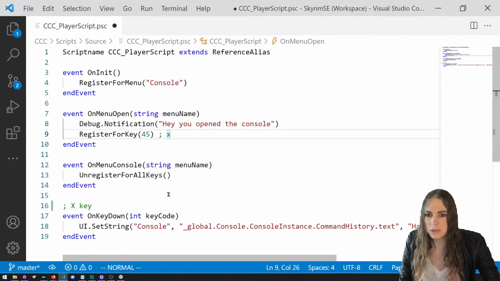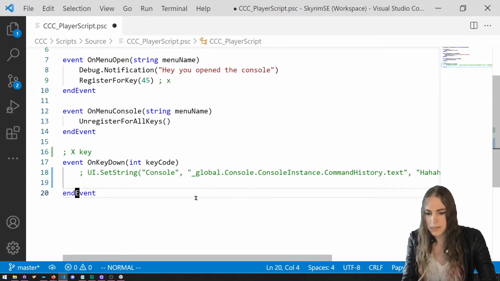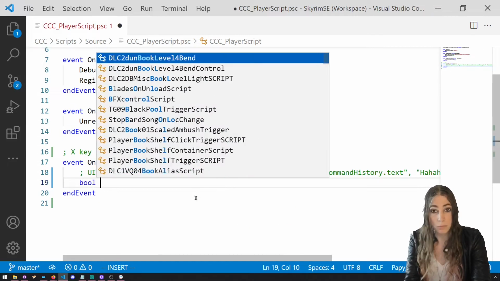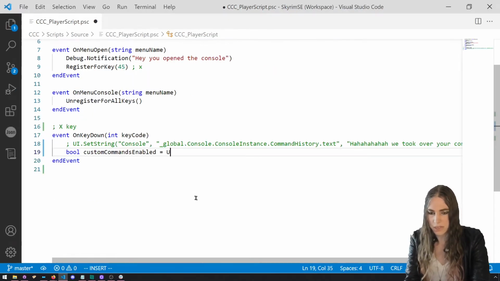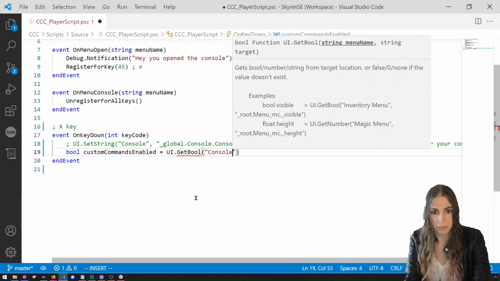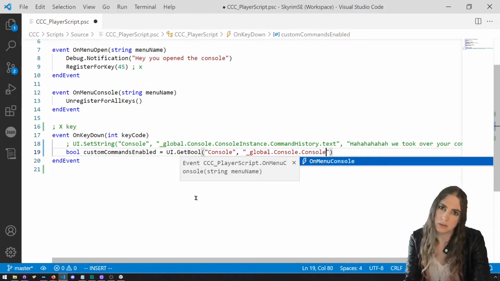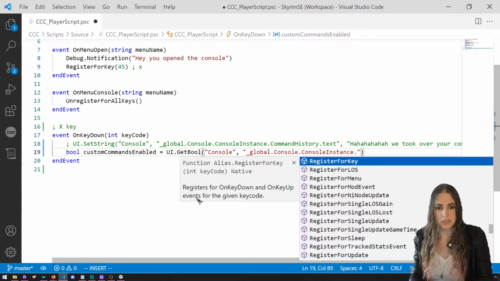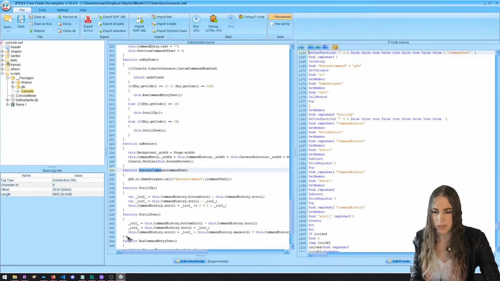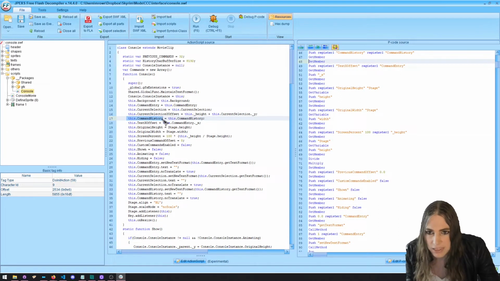So let's just do something on X. Let's make it flip-flop that whole enter key thing. Let's say Boolean custom commands enabled equals, and we'll say UI get Boolean because we want to get a Boolean from it, and it's from the console. That's the menu name, and then we've got to do global.console.console instance dot, and just like it's console instance dot command history, just like we saw way up here,